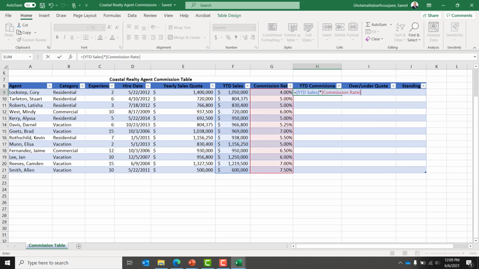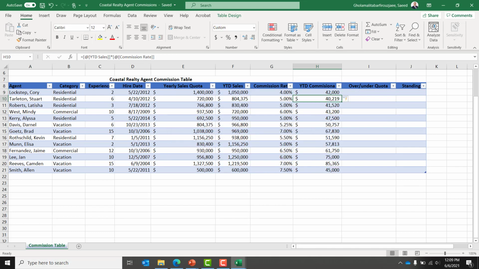It is going to calculate our year-to-date commission rate. Yes, with just one click Excel is going to populate the entire column, so we don't need to copy paste this item in all these columns, and it is a very helpful and useful feature when working with big data sets and big tables. So let's go to the over and under column. This column determines the position of each agent compared to other agents, and because we want to rank these agents,